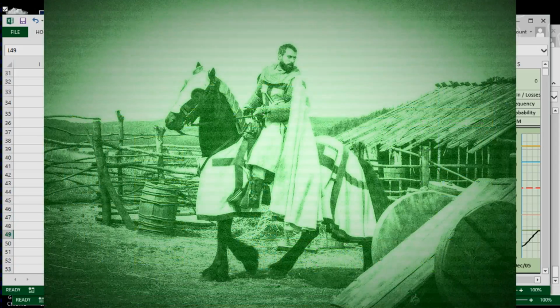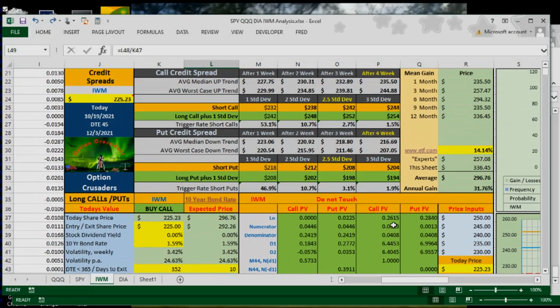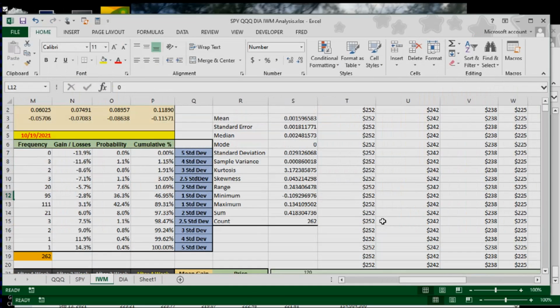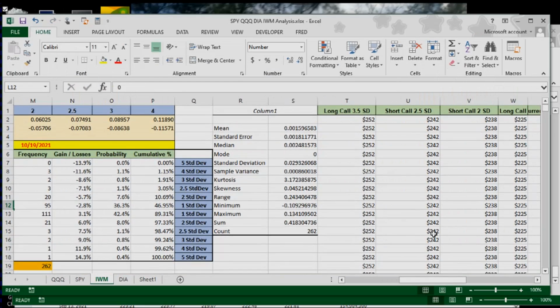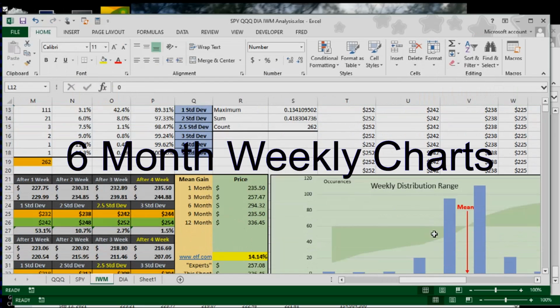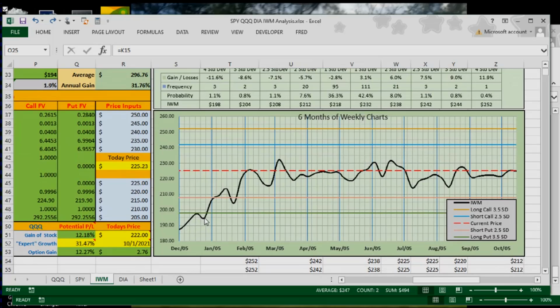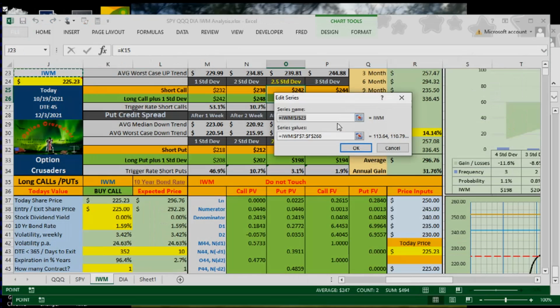This will be another story. I will write something about it, how to do calendar spreads, but that's not today. Today is just the bear call credit spread. All right. Then I have these columns here just to illustrate the lines in my charts. This here is a 10 months weekly chart. This is all the prices we actually got from IWM,